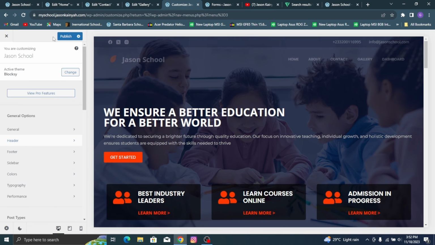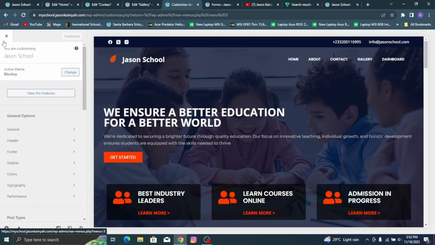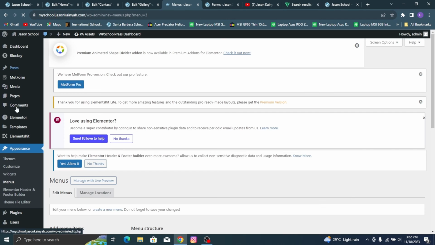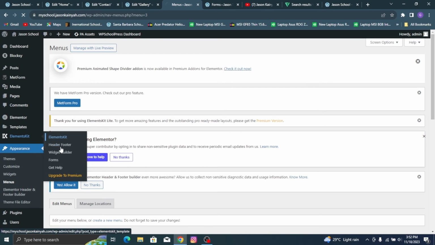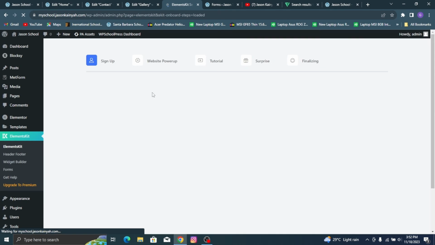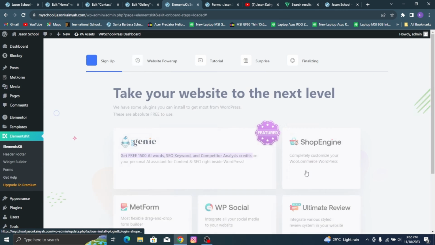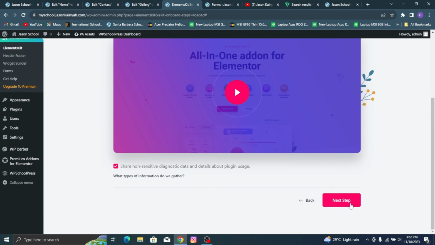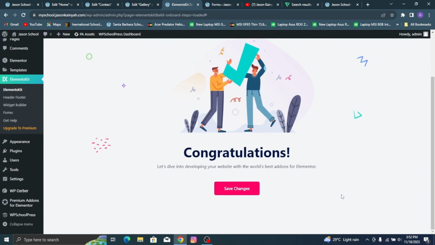So to create that, just click publish one more time, and let's go back to our dashboard. Then over here we are going to go to elements kit, header and footer. So click on header and footer. Then here just go through the setup. So here we'll click next step, here we'll click next step, here we'll click next step, here we'll click next step, and then here we'll click save changes,